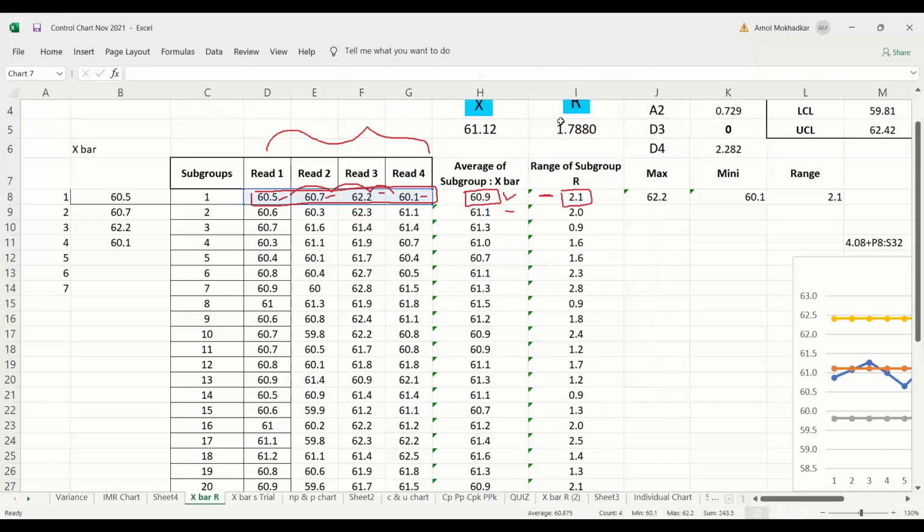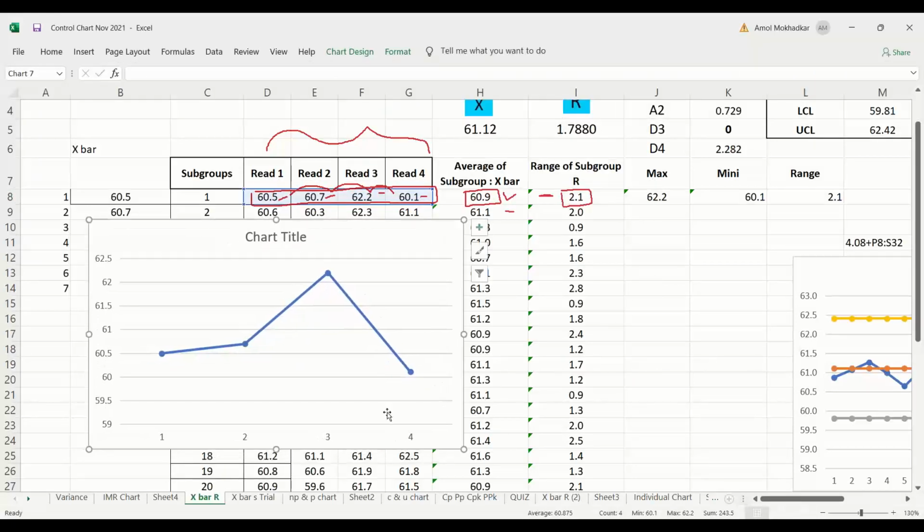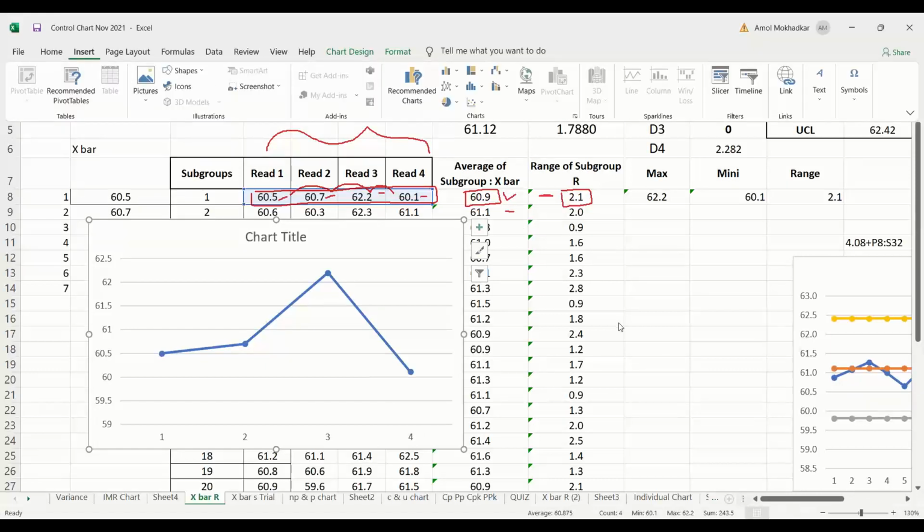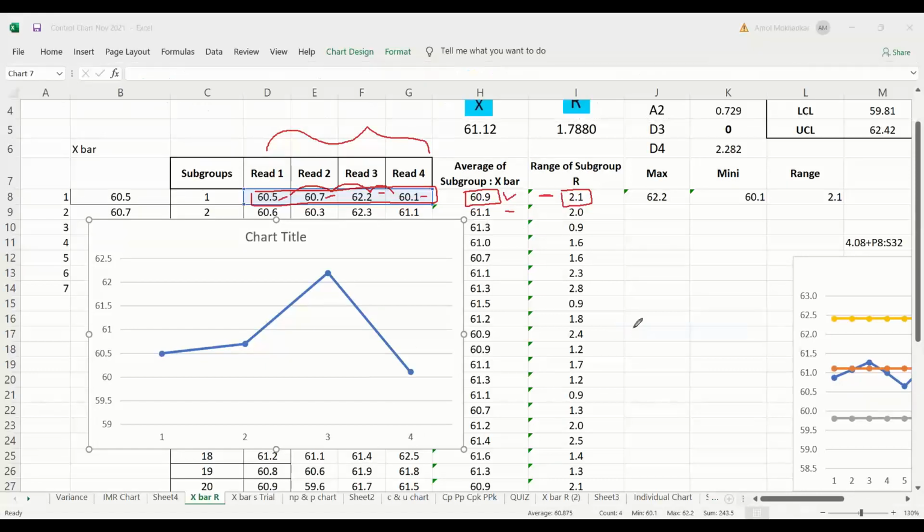This 4 data is like this. What is the range? Is it not the minimum value and the maximum value?